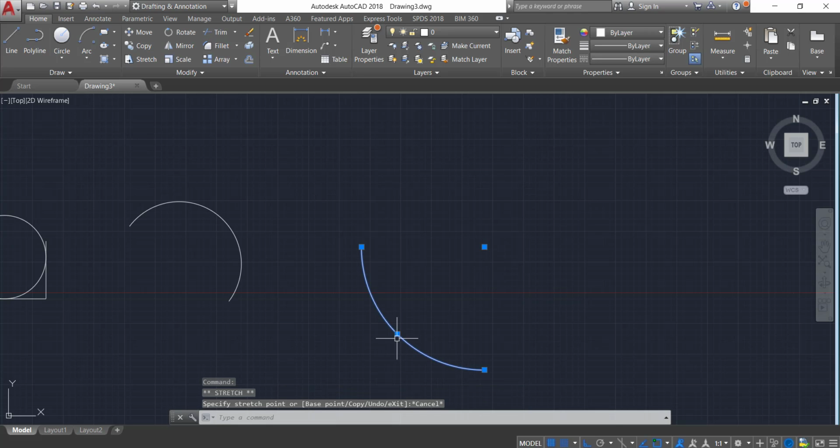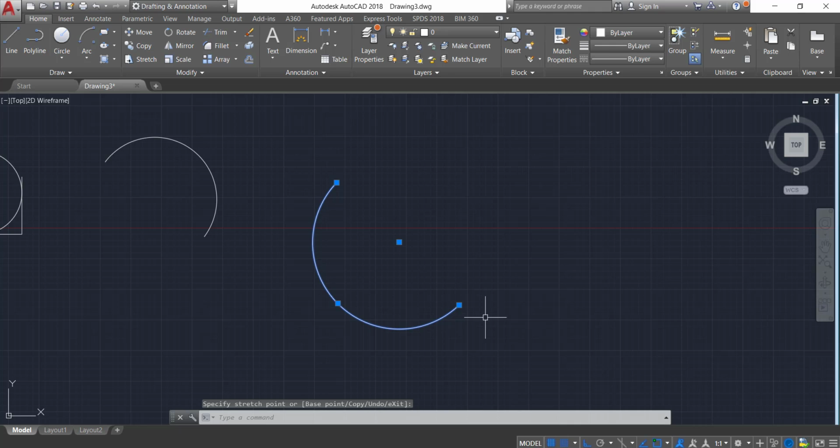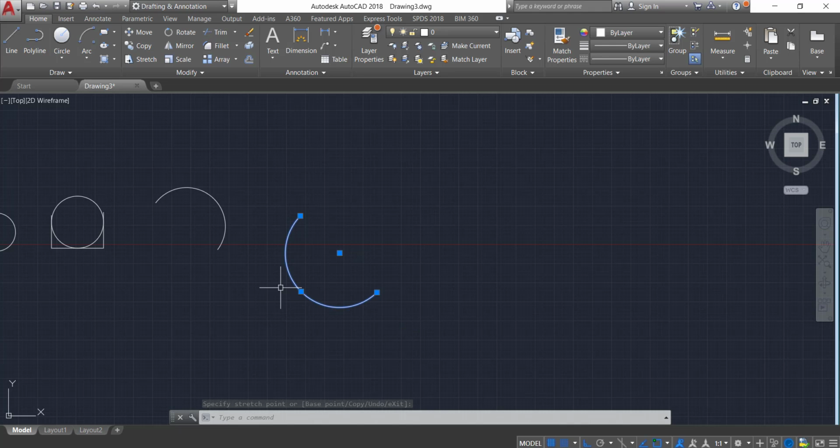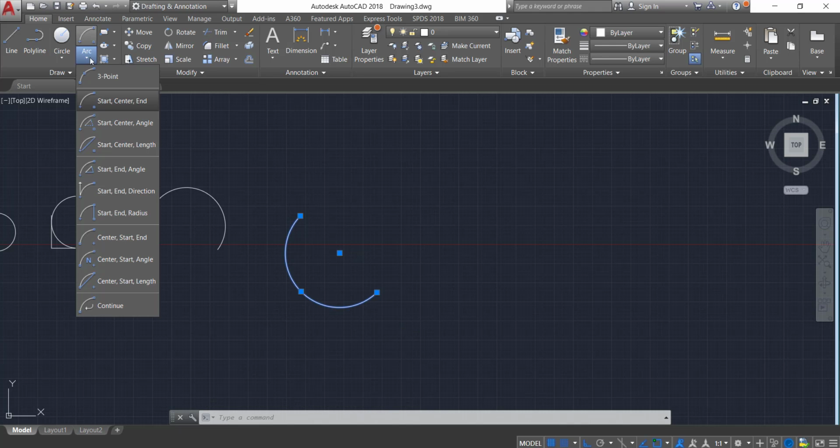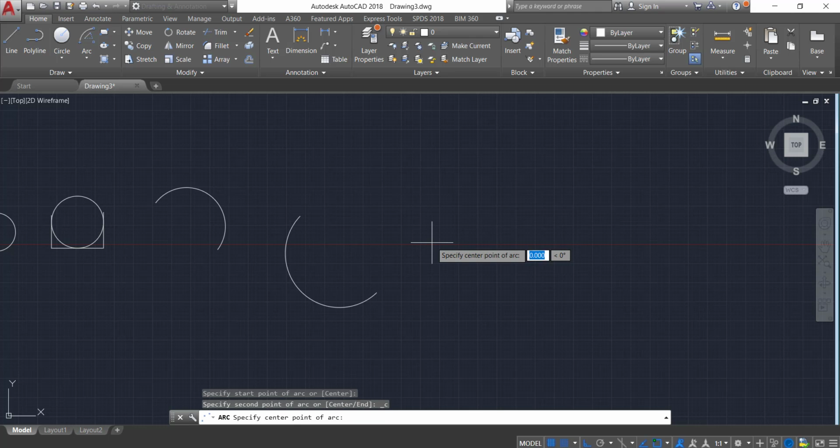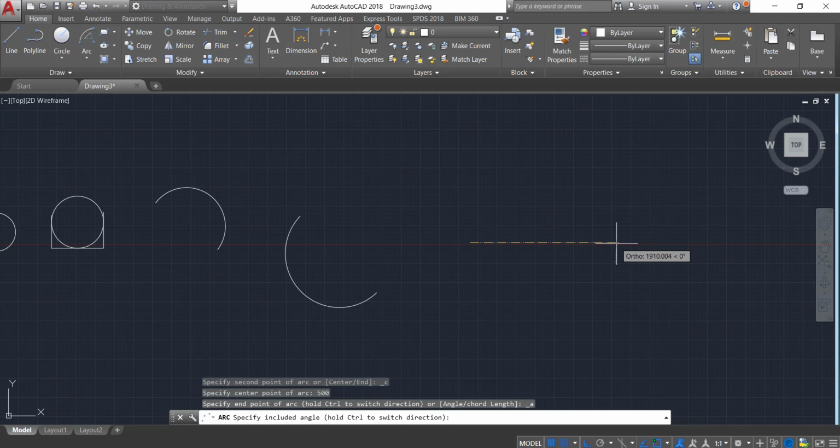You can also change the shape of that arc from any of the points. Let's consider from the center, if I want it to bulge out somewhat more, then you can create that also. Okay, so this is how you can use the second option of arc. Then third, start, center and angle. That means specify the start point, specify the center point. Let's consider it to be around 500 mm away, and provide the angle.